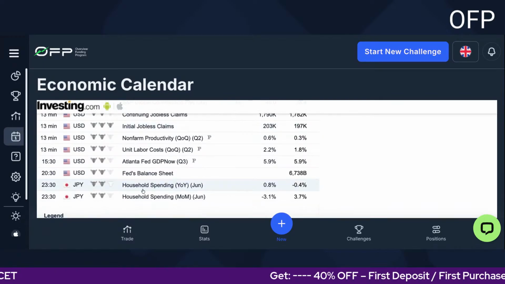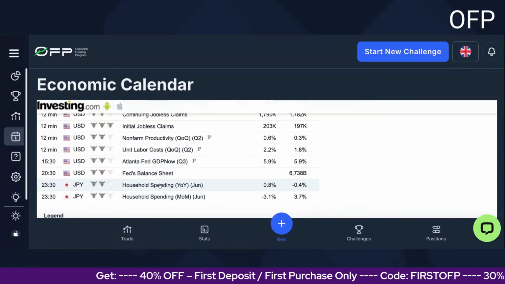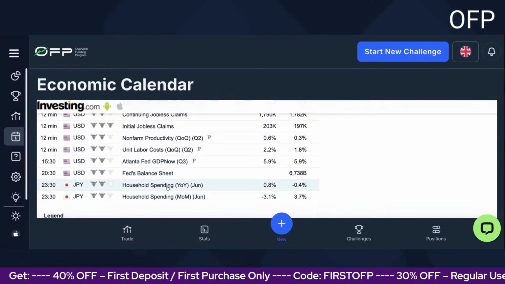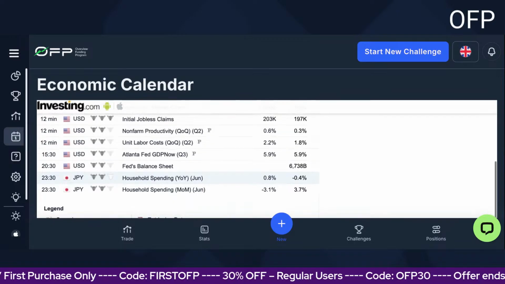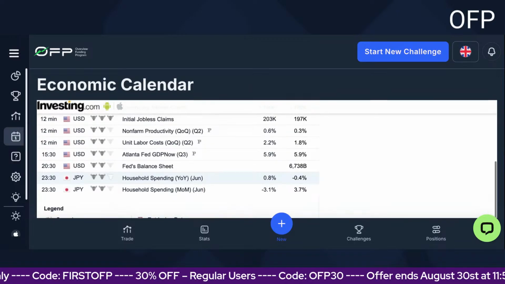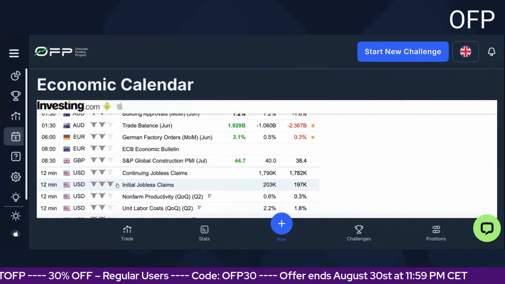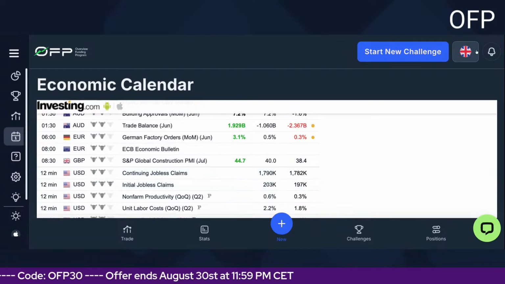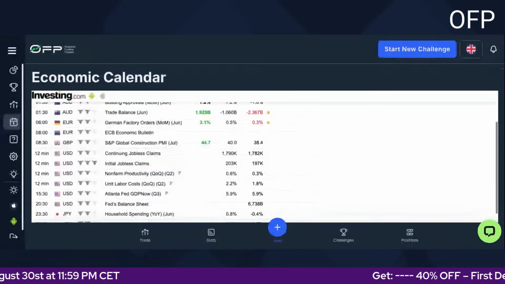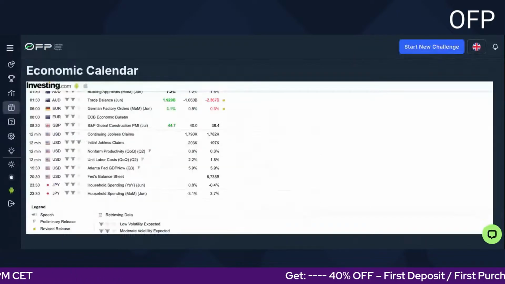But of course, lastly, we do have the medium news, which is the household spending in Japan. That's on its own, so we can't really focus too much on that one. But overall, this is the main focus. It has three bulls, so we know how serious this will be. So we're gonna see how these jobless claims have changed over last month's jobless claims. And now let's just jump into the charts.